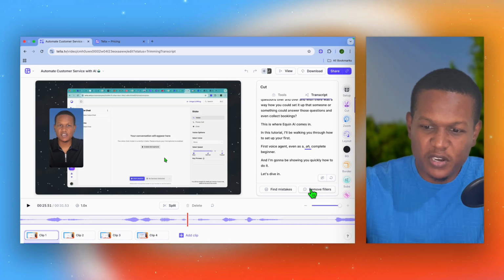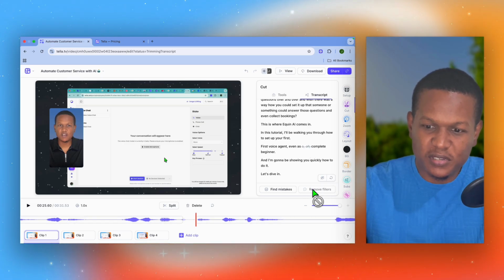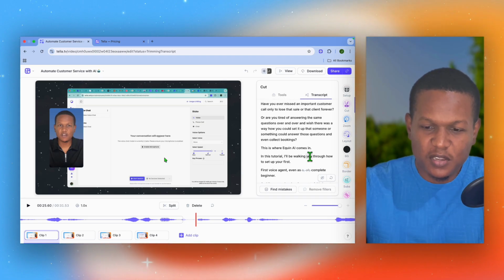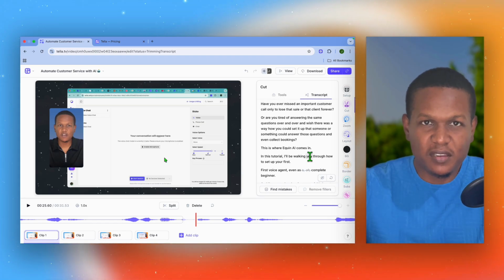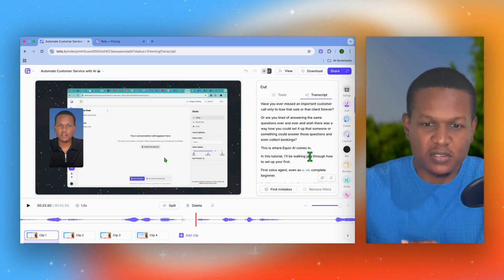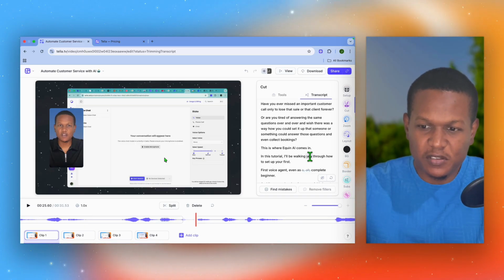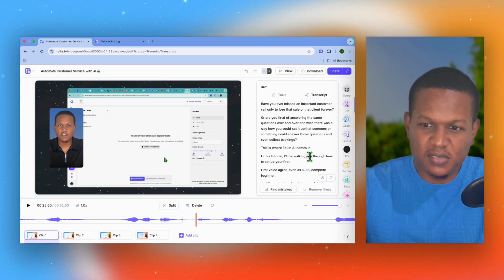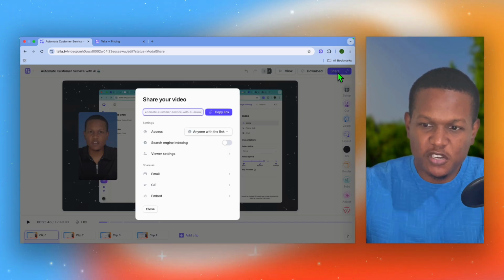And to remove filler words, you can simply tap on remove filler words, and it will automatically remove any filler word from your video. So this is perfect if you're a person like me that wants something to quickly edit your videos. And also if you're using your videos for business purposes, you can do that by tapping on share